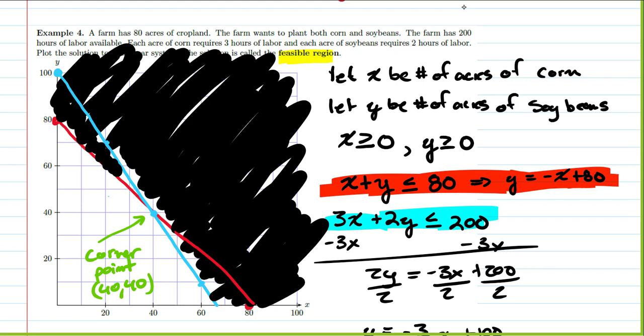So then our goal after we find the feasible region in the next section is going to be, well, now which part of the feasible region gives us a maximum or minimum value for some objective? So now, say we had some more information, like how much profit the farmer makes for soybeans and corn, right? You would want to find the number of acres of each that would maximize that profit. All right, so that is where we're headed right